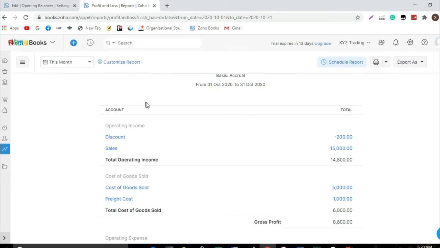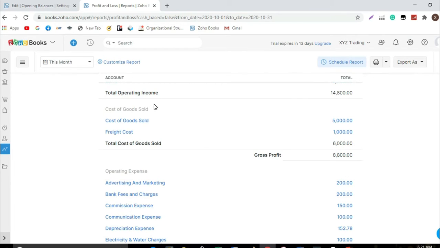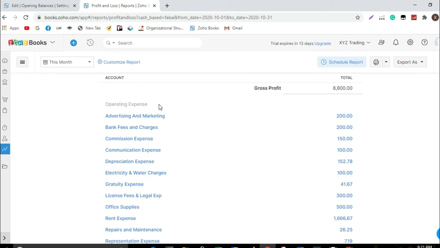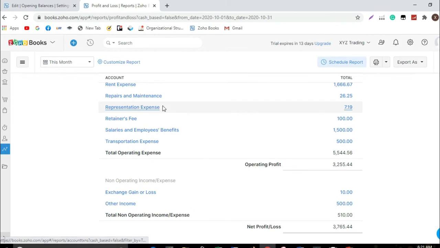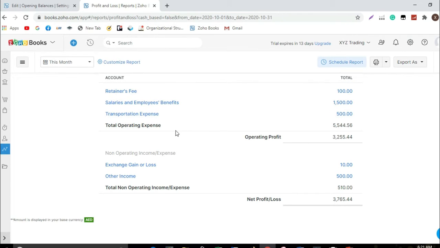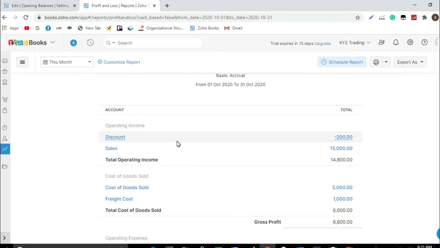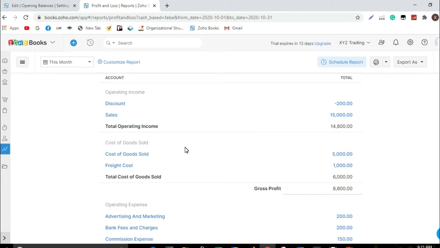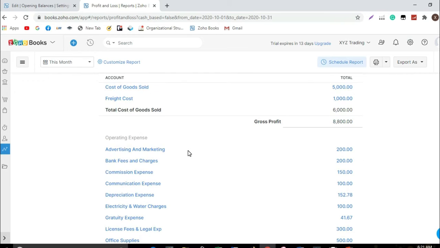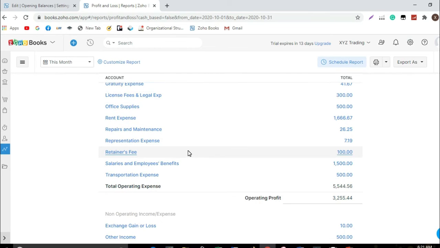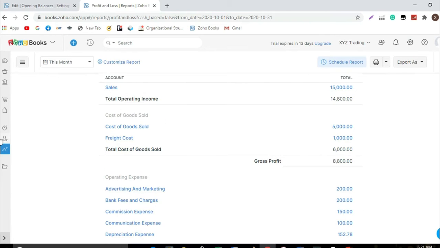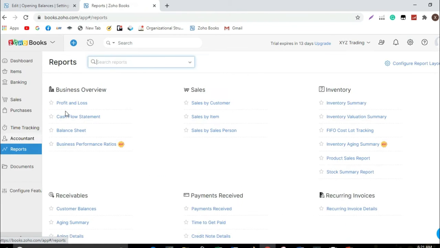So now we're done. Then let's open the profit and loss statement. Let's view the profit and loss statement. Just review if all the accounts mentioned in there are really part of the profit and loss statement. Just make sure that no balance sheet accounts are included in the profit and loss statement, because this is the very important part of Zoho accounting software setup. You must ensure that the account type that you select is correct. Balance sheet.